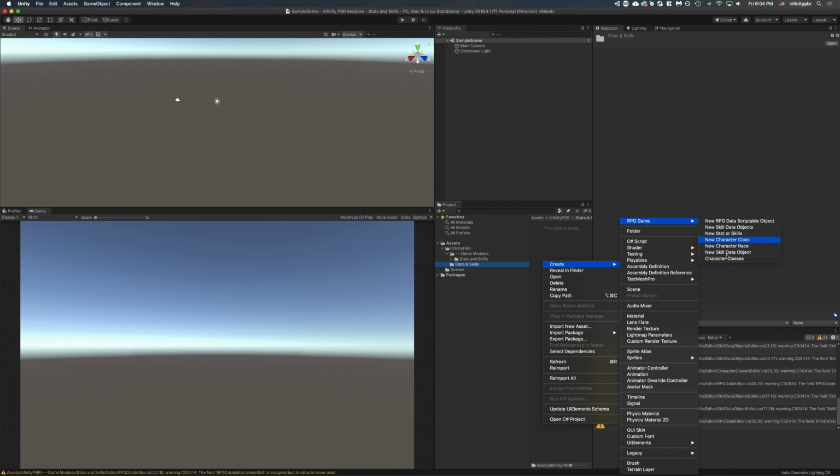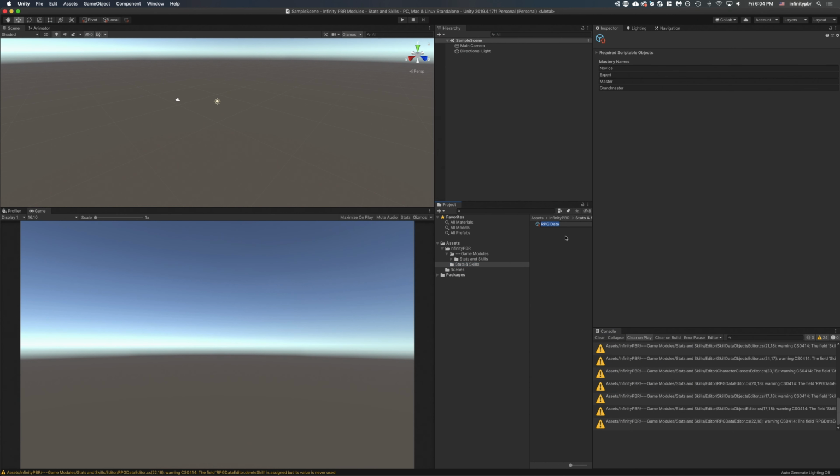You might see fewer of these options there. I'm going to be removing them shortly. New RPG Data Scriptable Object. Go ahead and click that. I'm going to keep it named RPG Data. Now you'll notice a few things were automatically created for you. Those are also listed, or linked rather, here,